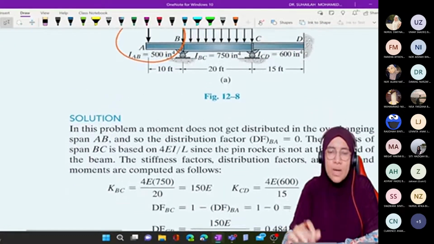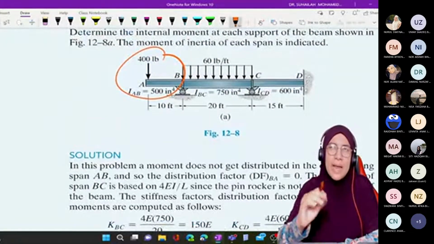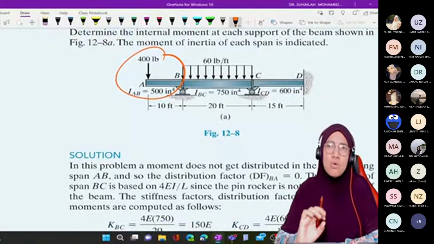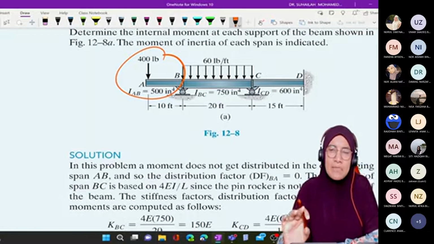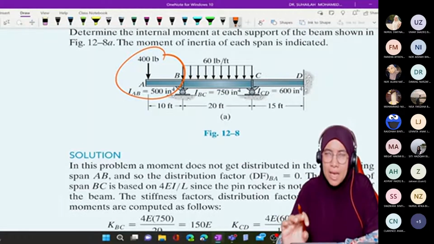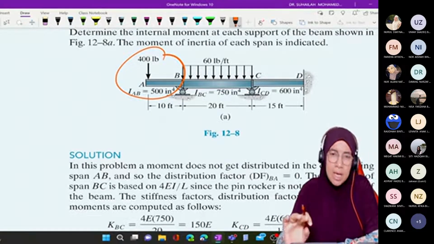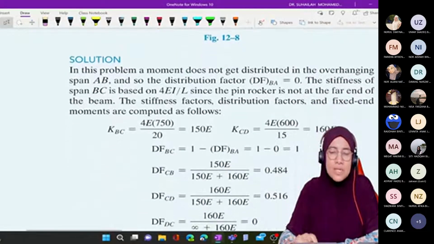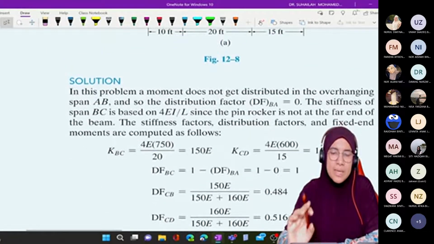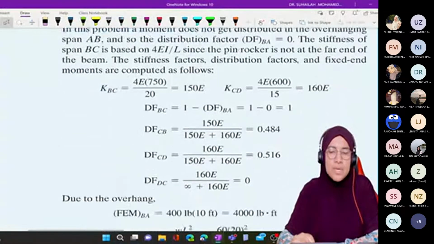So what's the difference? The difference is AB, because an end cantilever means A has no moment. So we only have the moment MBA, the first FEM in the table. MBA we get from P times L for AB. And for the stiffness factor, we only calculate for BC and CD. For an end cantilever, we don't need to calculate K. So the process is equal except